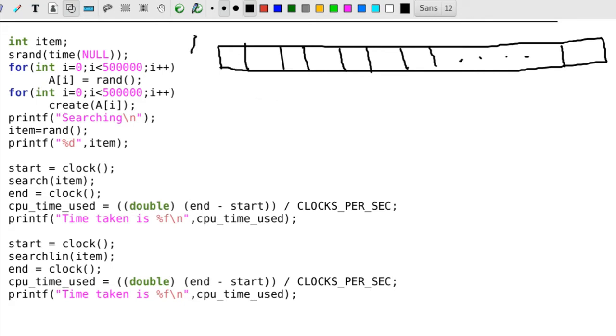This array is known as A. We will also be constructing a tree with 5 lakh elements, a binary search tree.